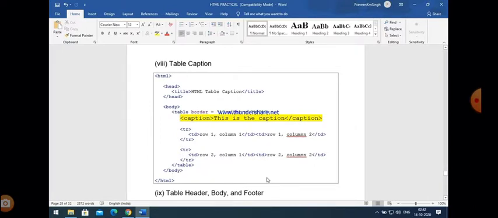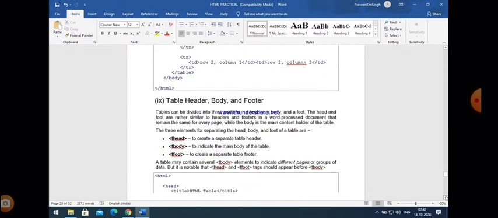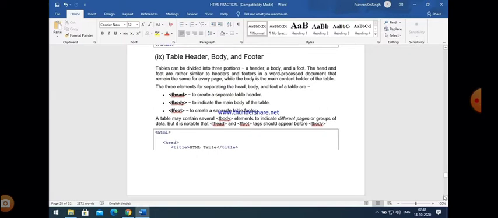Next is table header, body and footer. So basically a table can be divided into three different portions: a header, a body and a foot.